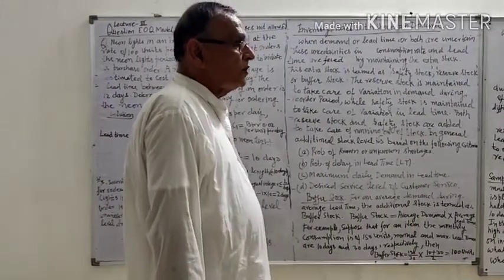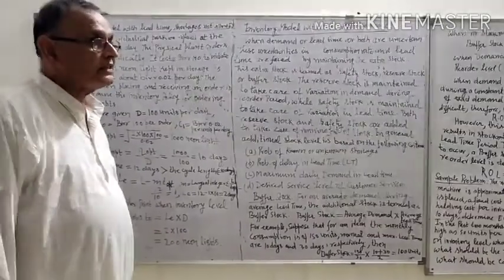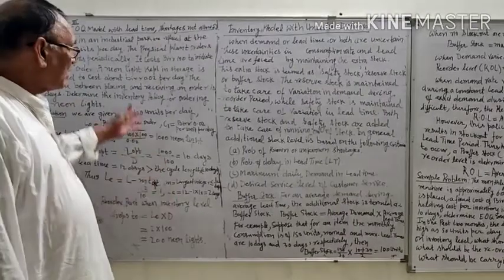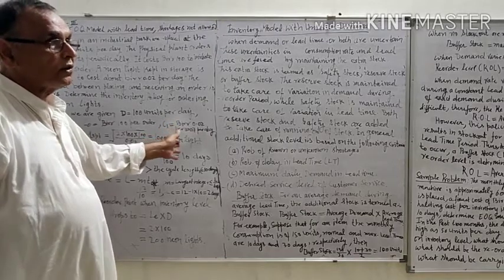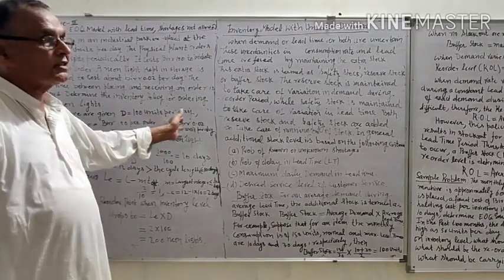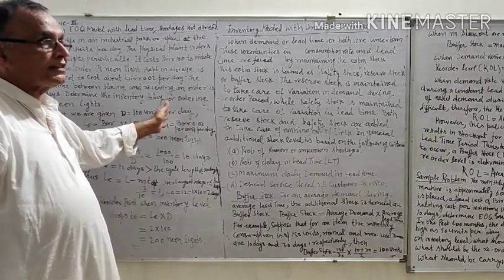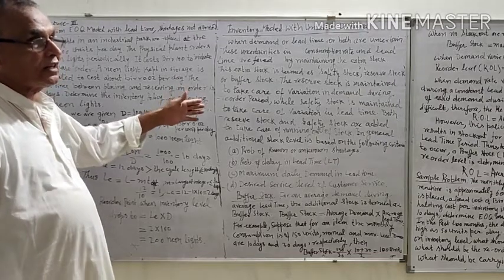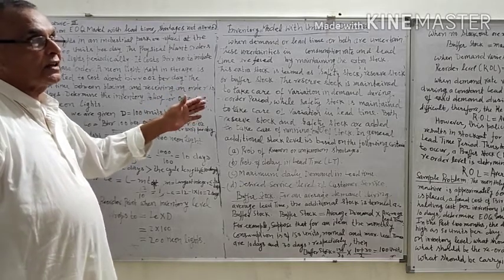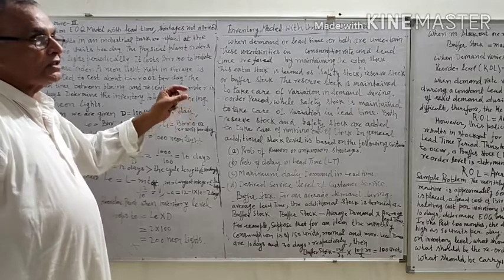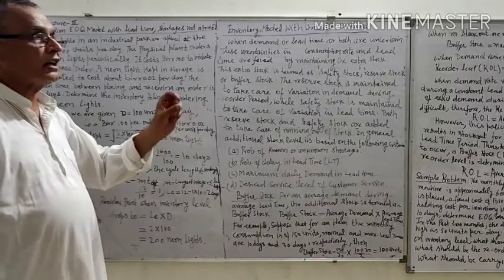Up to now we were doing inventory models in which demand is deterministic, and there are many more models in inventory than those I have discussed. For example, one model is deterministic inventory in which shortages are allowed. Another type of model is one in which the demand rate is not constant, and in that case the cycle time will be different for each inventory. For the first inventory it may be T1, for the second T2, for the third T3. So we have to use that concept.